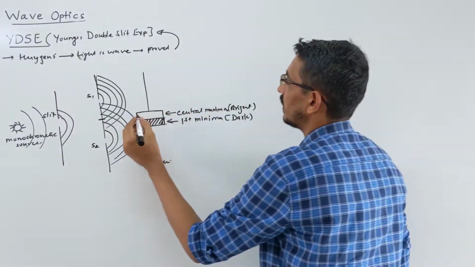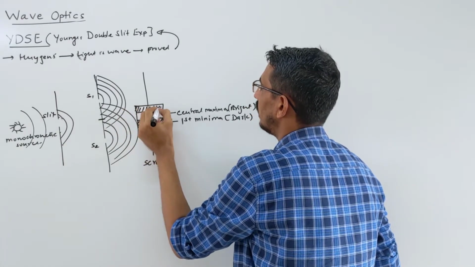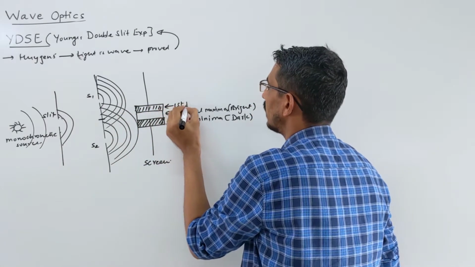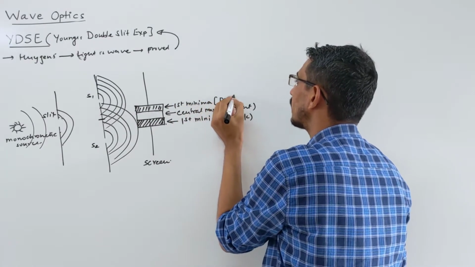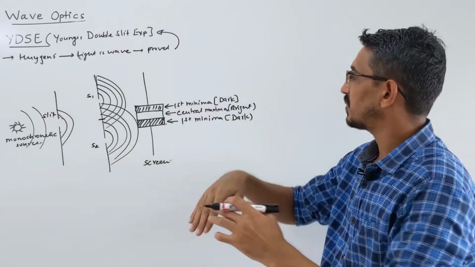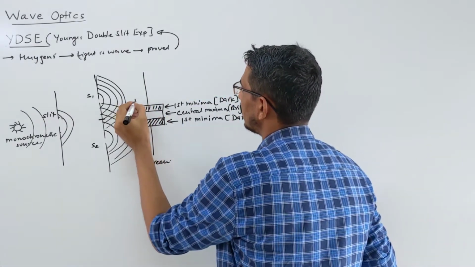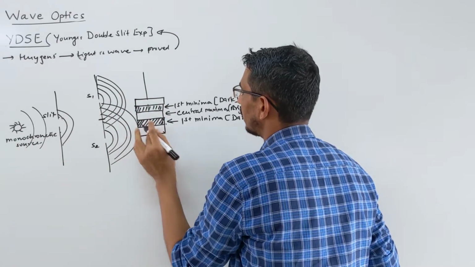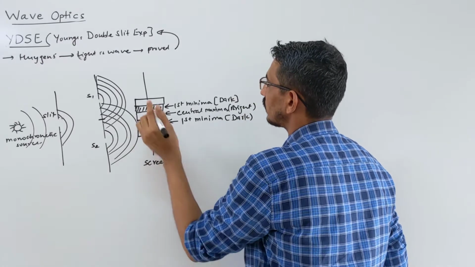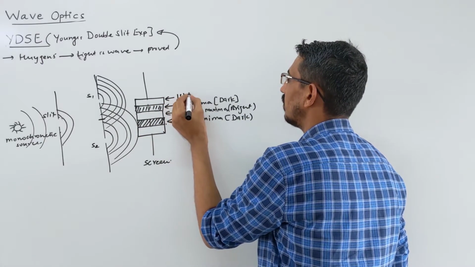On that side also your dark fringe will form, which you also call the first minima, dark, on both sides. Now the next fringe to them will be your bright fringe again. Next to that on this side is your bright fringe, and this also is bright. This is called the first maxima.